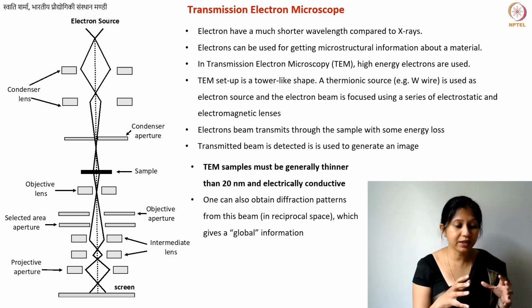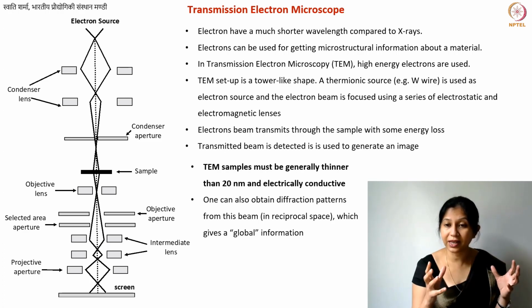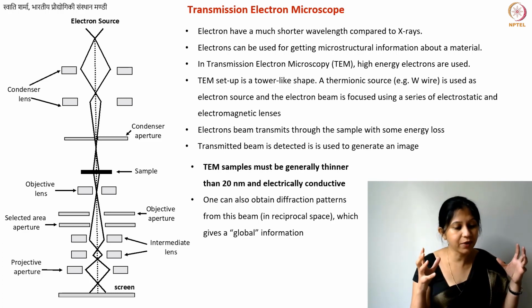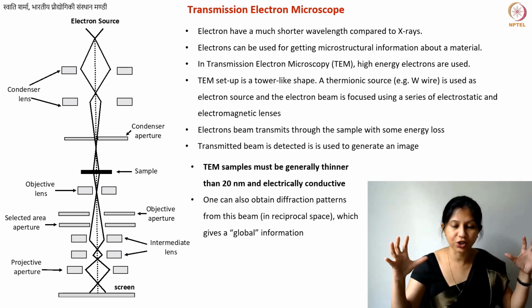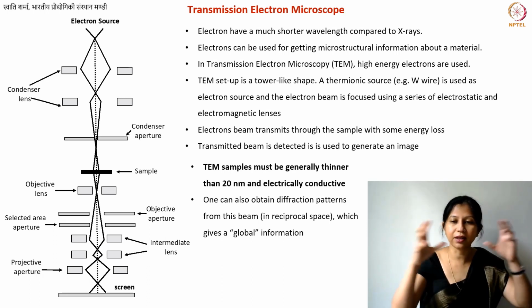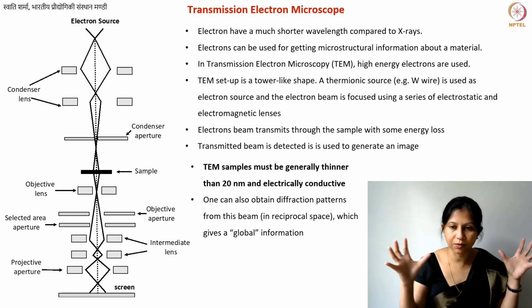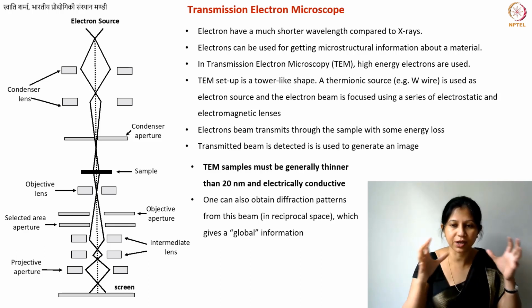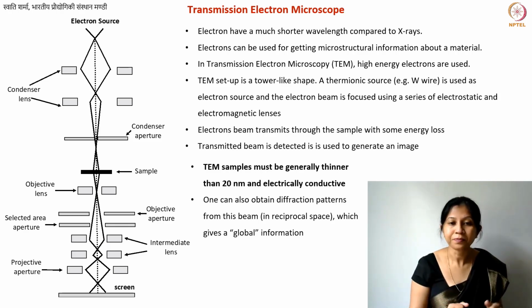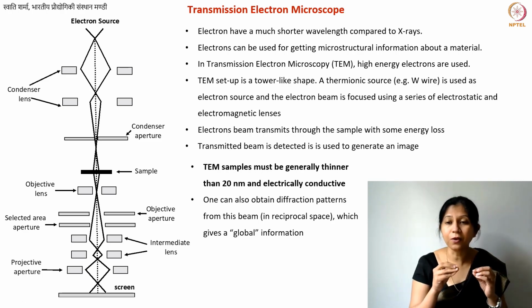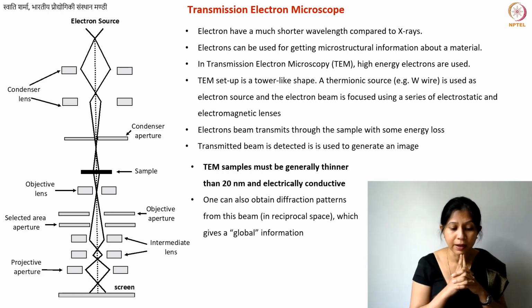The diffraction patterns are often in the reciprocal space. So that is why you can get more global information, because then you're getting the reciprocal, right? So for the entire sample, you can get information. While imaging will give you more local information, the diffraction patterns can give you relatively global information. It does not help us very much with non-graphitizing carbons. So again, we are going to discuss that.